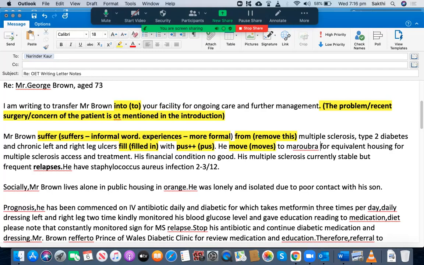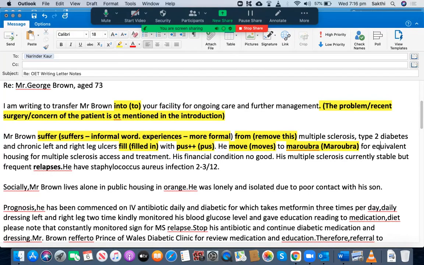He moves to Marobra. Marobra is the location, and as a result, you need to use a capital letter for the first letter of the name of this location. So it should be Marobra. So that's the correct answer. See, using the singular and using the small and capital letters is really important as far as the assessment criteria is concerned. He moves to